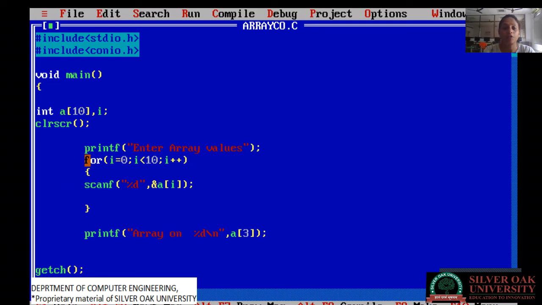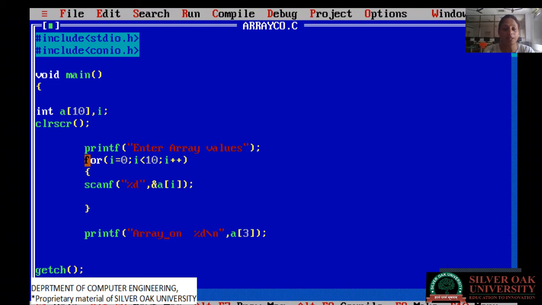And if we have a normal variable, we write %d. But here we have an array, so on the array's index number, we give the value: a of i. When I run this program, at array index 0 you can insert one value, then the value of i will change by 1. So on index number 1, you can assign another value. Till 10 values, you can store different elements in the array.